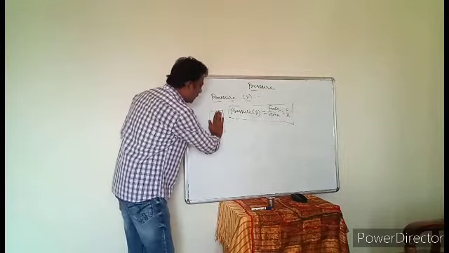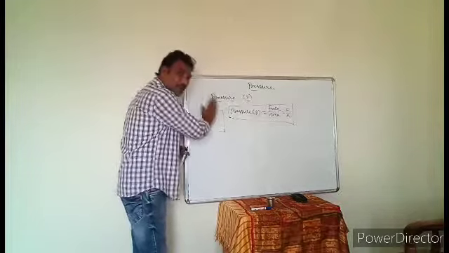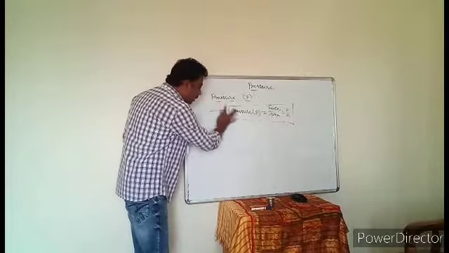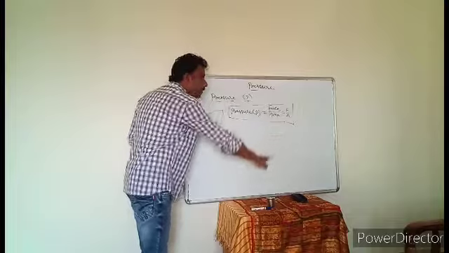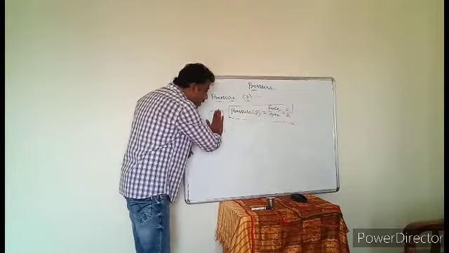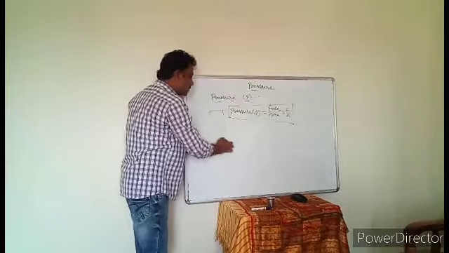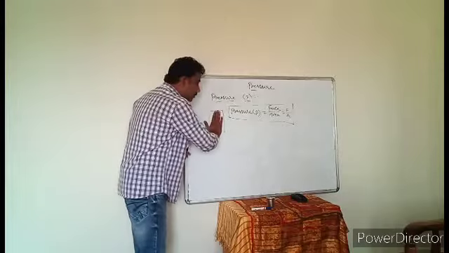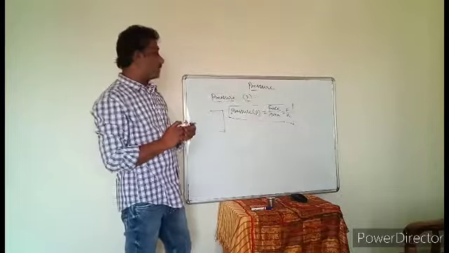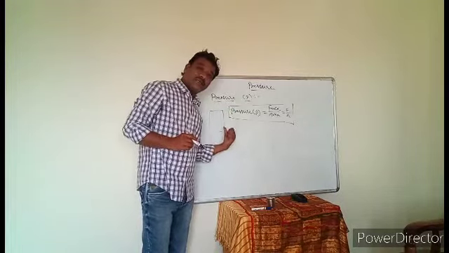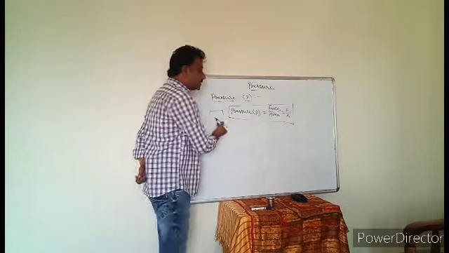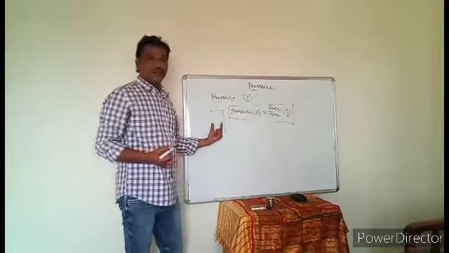On this particular unit area, how much force am I applying? The amount of force which is applied on the unit area of the object. I am not applying it on the total board surface. I am applying the force on the unit area of the total board. So on this unit area, how much force is applied? That is called the pressure. That is the meaning of the definition. The definition is different; understanding the meaning is different. Understand? Now, this is about the pressure definition, formula and meaning.